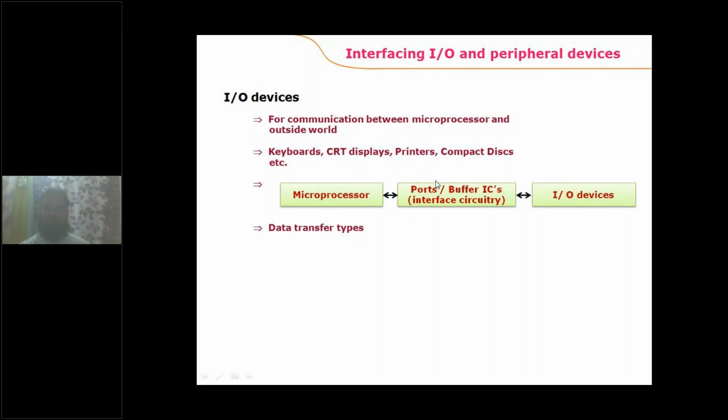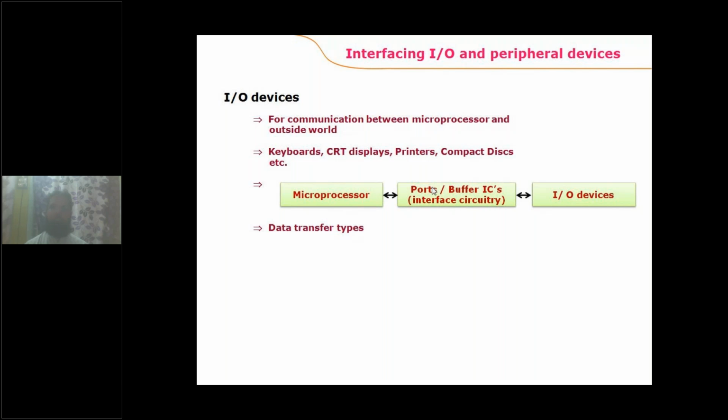So I'm repeating once again. The input and output devices cannot be connected directly with the processor, whatever the processor may be, whether it is 8085 or 8086 or 80186, 286, whatever it may be. The IO devices cannot be connected directly. They are connected through the interface, and the interface basically consists of ports. And what is the need of ports? Ports actually maintain the compatibility between the processor and the IO devices. Compatibility means it equalizes the features of input and output devices with the processor.